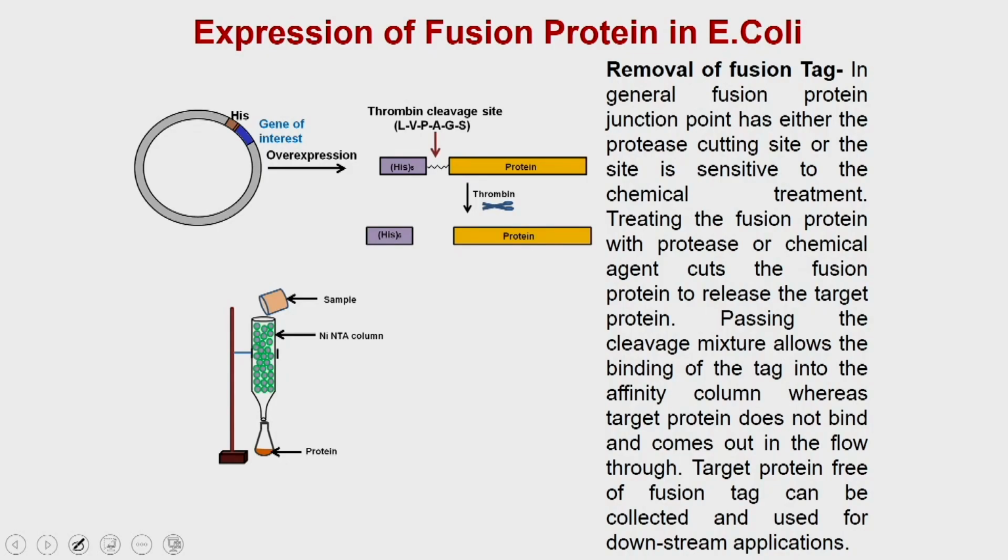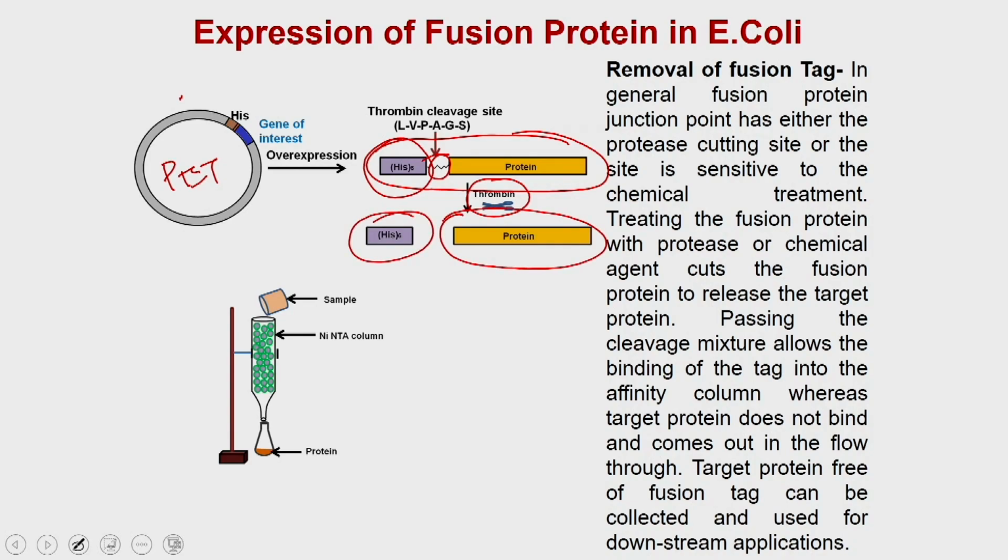So, you can imagine that you have cloned a protein with a His tag. For example, you can use the pET series vector and you have overexpressed the protein. Now, this is your chimeric protein which you have overexpressed, which contains the histidine tag, and now what you do is you take the alpha thrombin and treat it. So, what will happen is the alpha thrombin is going to cleave the linker region between the histidine tag as well as the protein, and as a result you are going to have the tag separately and the protein separately. Now, you take this complete complex mixture and load it onto the affinity column